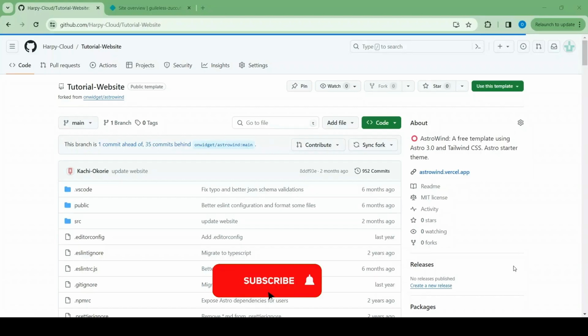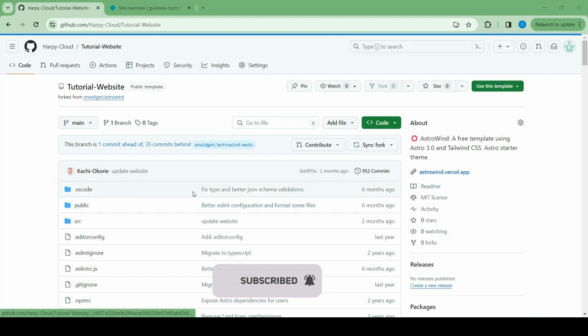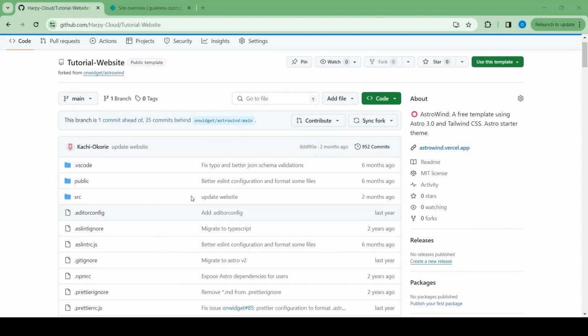So, just before we continue, I want to give you all an idea of the website that we're actually deploying to Netlify. So, let's look at it. These are the files, right? So, I'm going to